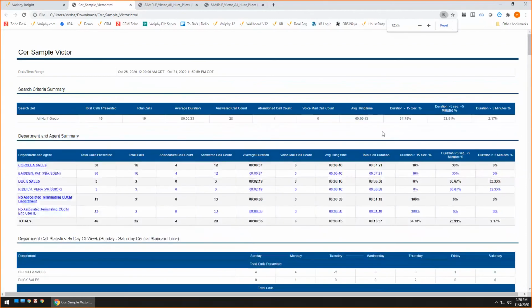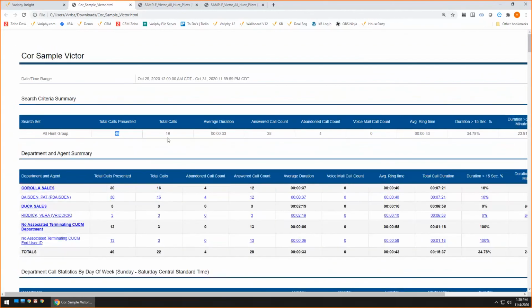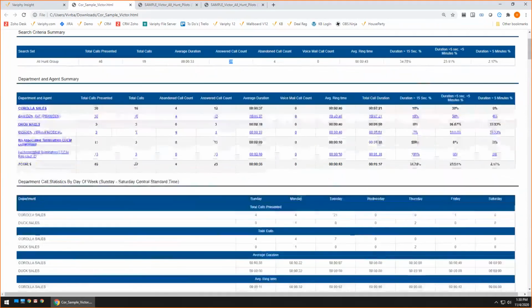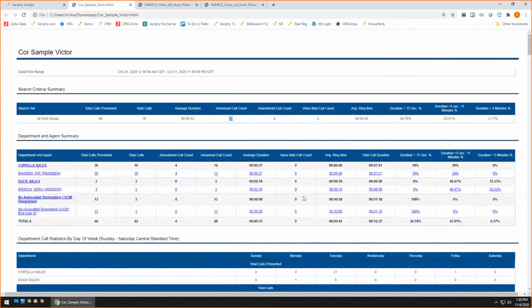at a singular hunt group, how many calls went to that hunt group, how many were there, how many were answered. You'll notice these 2 values are different because calls can roll in and out of hunt groups and talk to multiple people. But I'm also breaking this down by each individual department answering those calls, as well as each individual person answering those calls. So very easily, we've taken a high-level report, copied it, created a very low-level report for a singular hunt group, all focusing on those hunt pilot descriptions rather than having to worry about trying to figure out what an individual